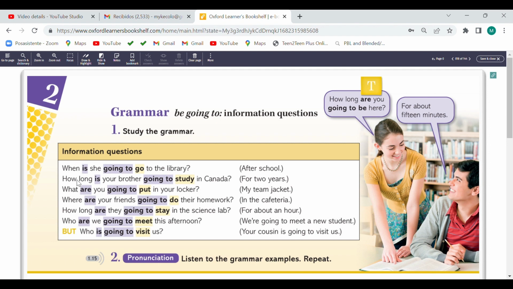Pero ante eso le anteponemos la information question, que sería when, how long, what, where, who, and why. For example, how long is your brother going to study in Canada? For 2 years. ¿Cuánto tiempo tu hermano estudiará en Canadá? Por 2 años, por ejemplo, ¿verdad? Entonces, es para sacar información, para obtener información.